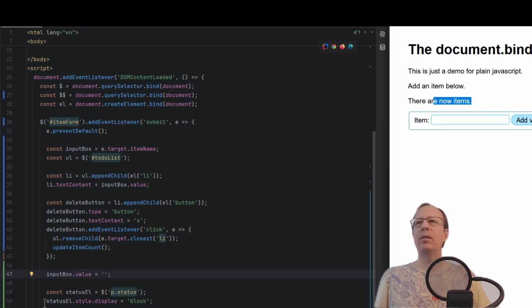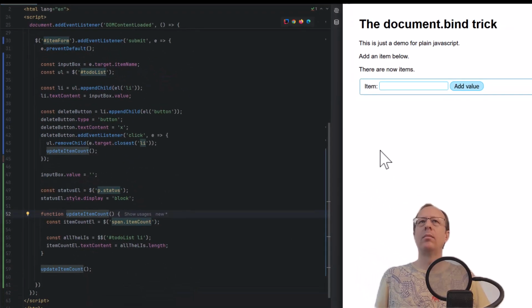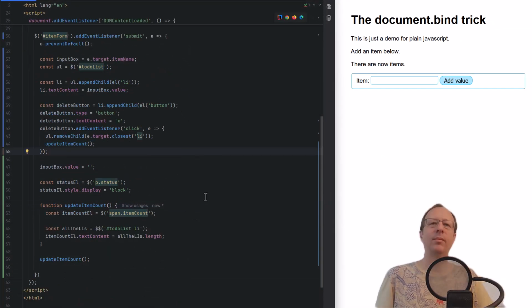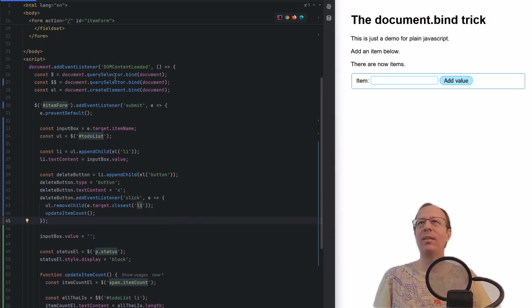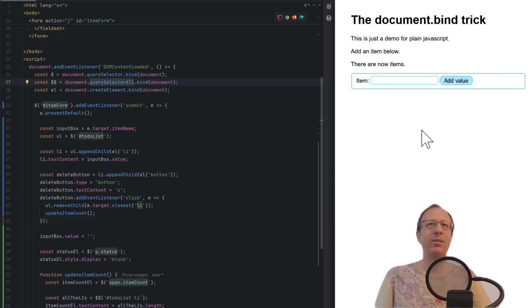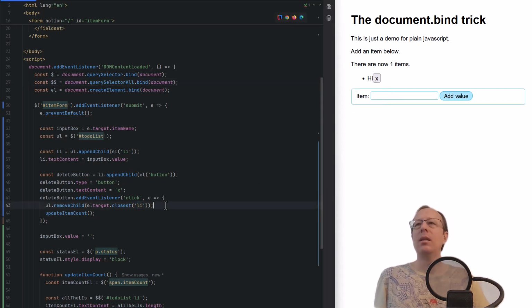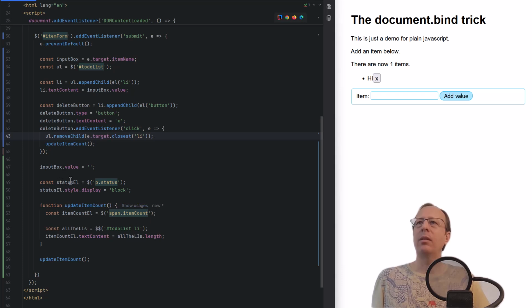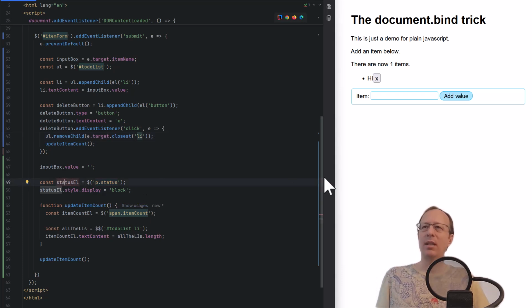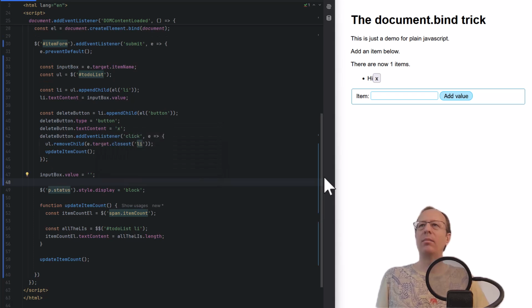Okay, I've broken this. So let's have a look at what we've done here. Oh, I'm sorry, I did something stupid. I should have bound the querySelectorAll item. Okay, not unusual for me to do something stupid. So, what's next? Well, we don't really need to keep a reference to the status element. Let's inline that. Control-Alt-N. Gone.